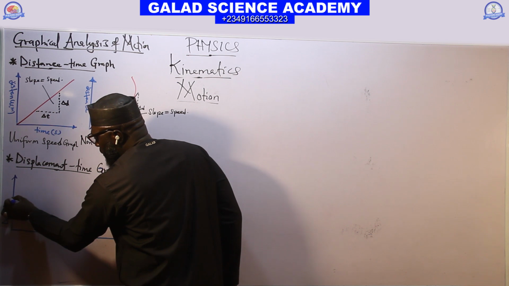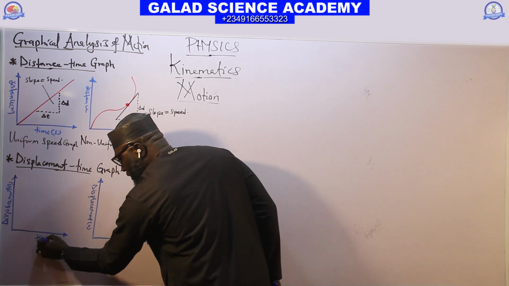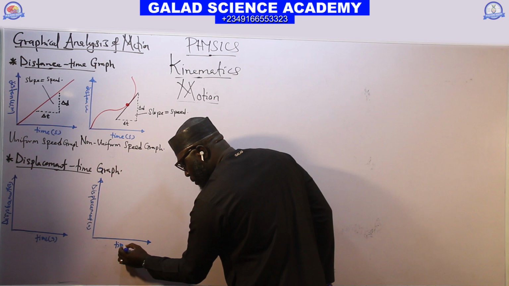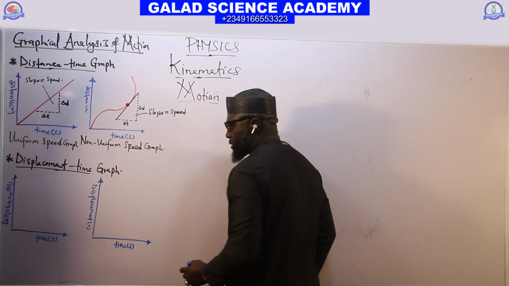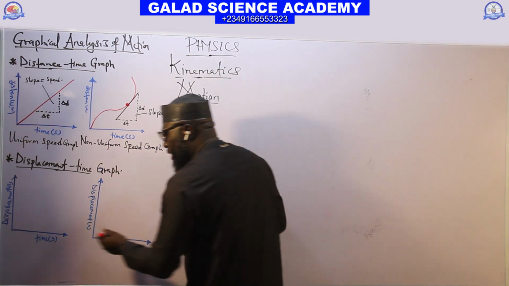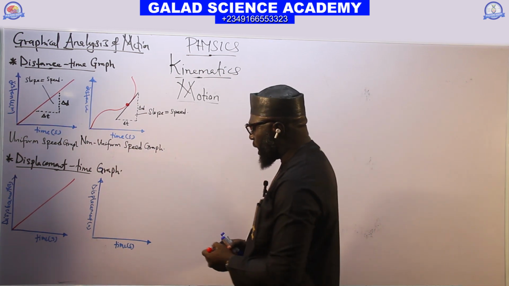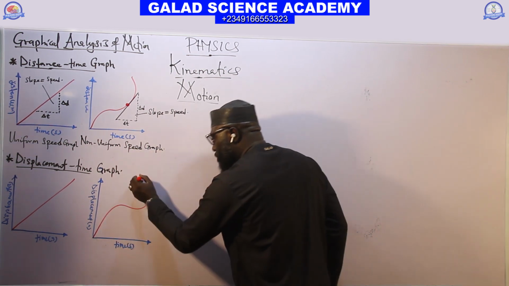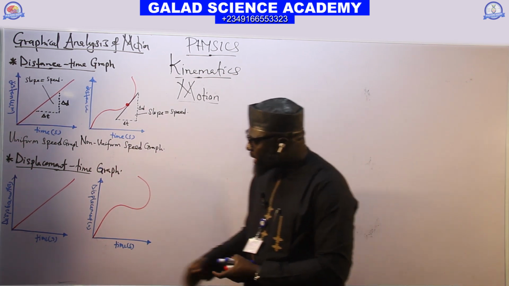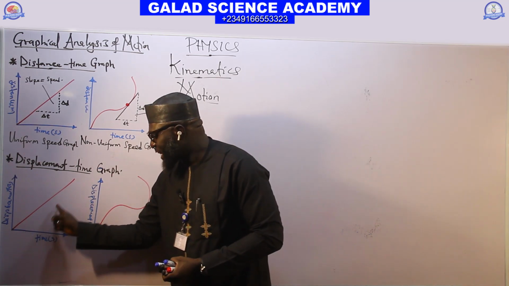And this side will also be displacement in meters. And here will be time in seconds. We also have time in seconds. So if they now draw the graph, the graph is a straight line in this form. And the graph for this one is a curve like this. Like I said, whenever the graph of displacement time graph is a straight line,